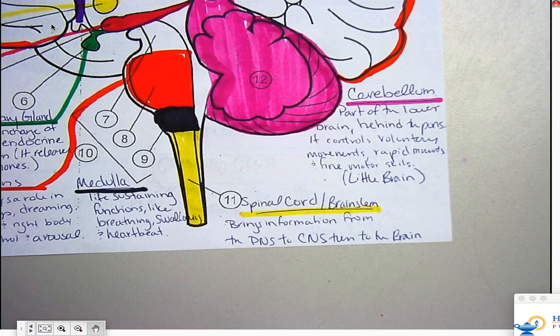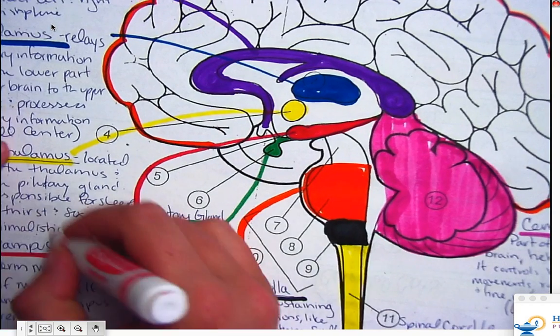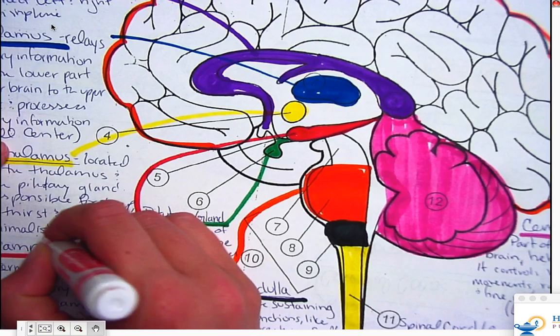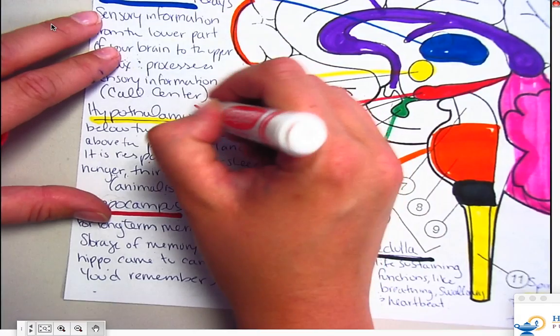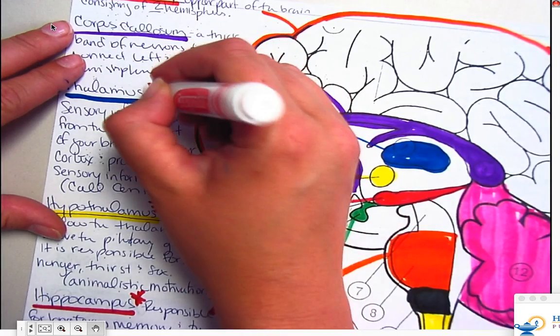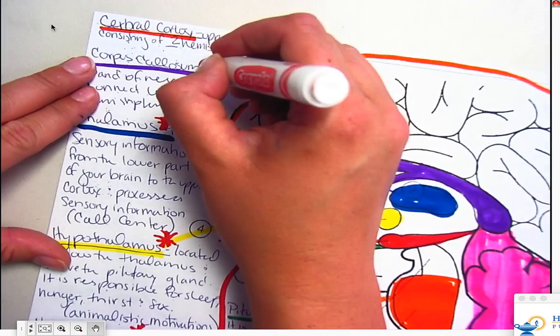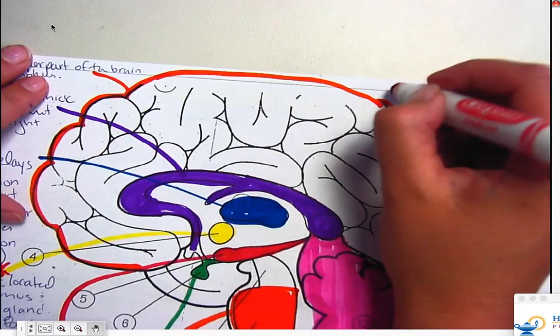Okay. All right. So what I would like you to go ahead and do is take whatever color. I don't care. For me, it's going to be red. You are going to put a star next to Hippocampus. You're going to put a star next to Hypothalamus. You're going to put a star next to Thalamus. You're going to put a star next to Corpus Callosum. All of these put together